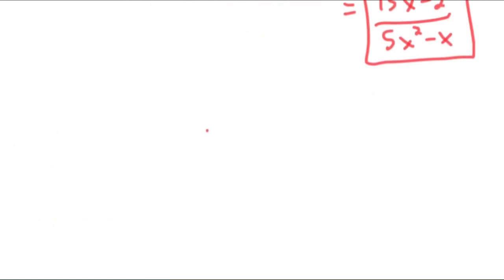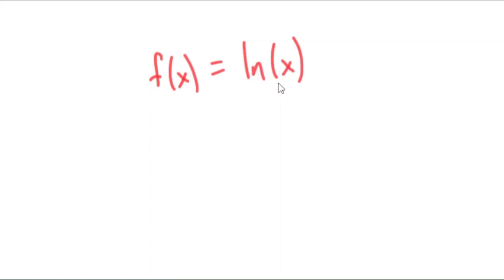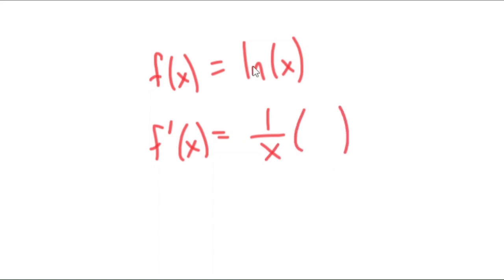By the way, one other thing I want to mention here. Why don't we use the chain rule for something like this? Natural log of x. Didn't I say the derivative of natural log of something is just 1 over the something times the derivative of the something? If we try to apply the chain rule here, what would happen? Well, we're going to do 1 over the something, but then we're going to multiply by the derivative of the something. But what's the derivative of x? It's just 1. So when we don't have really an inside function, the inside function is just x,